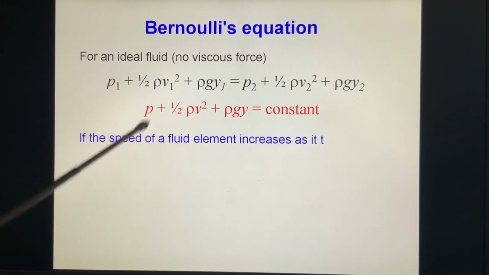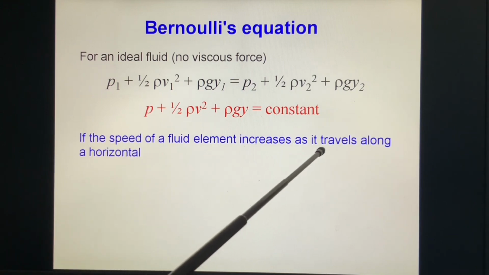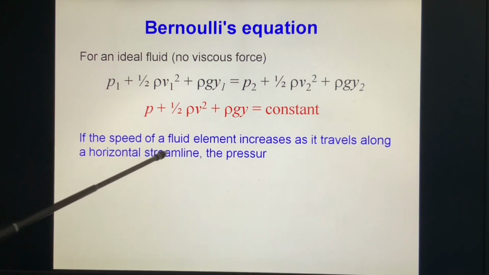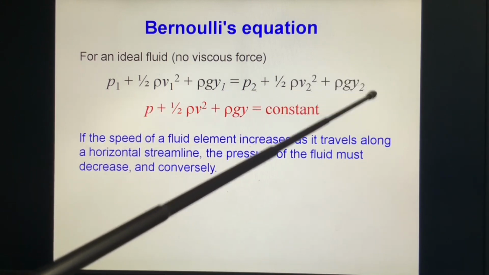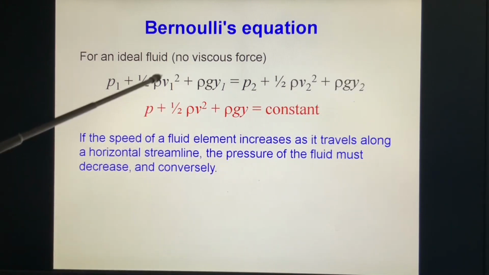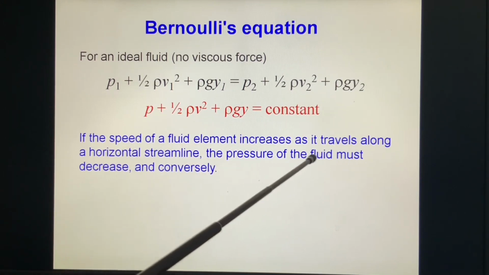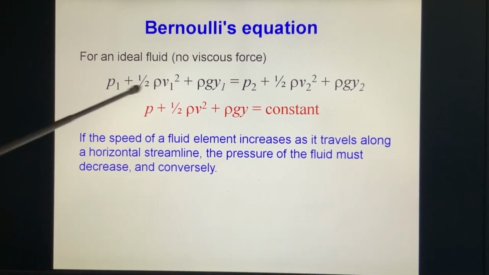If the speed of a fluid element increases as it travels along a horizontal streamline, meaning y1 equals y2, the pressure of the fluid must decrease. This increase, this decrease, okay? And conversely,